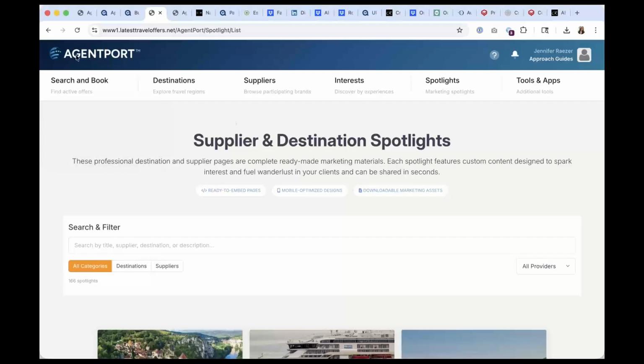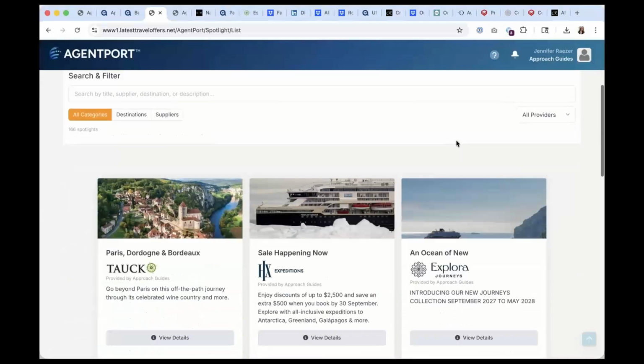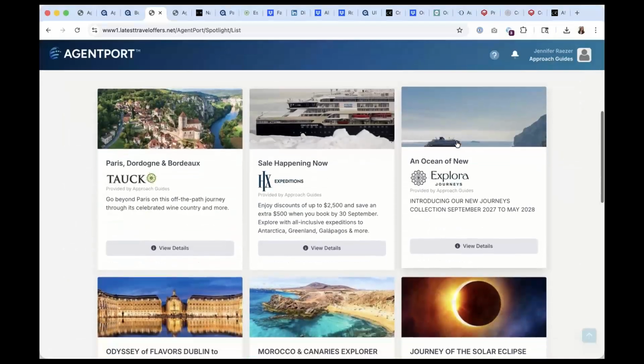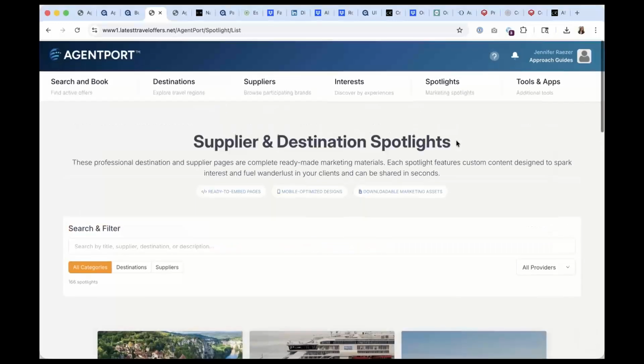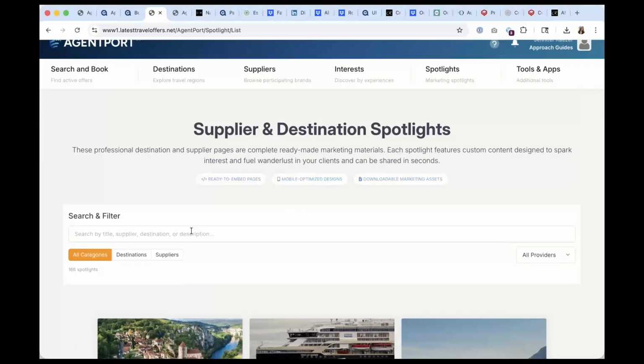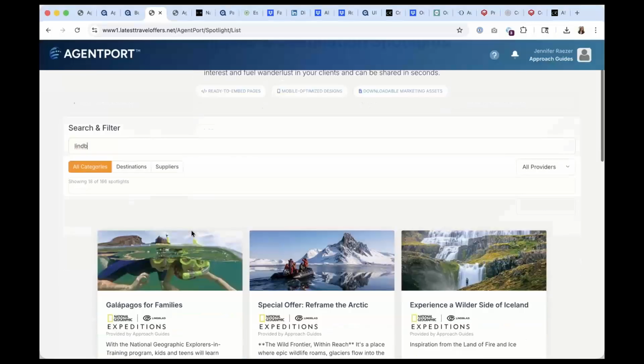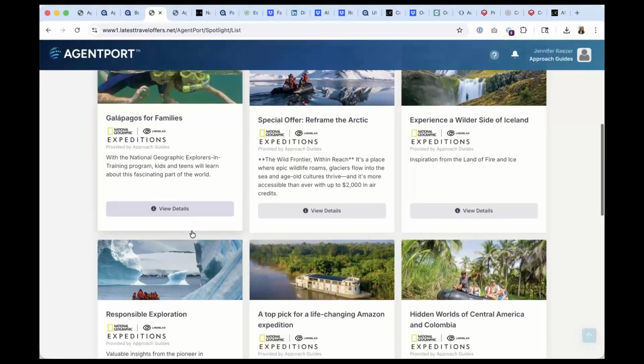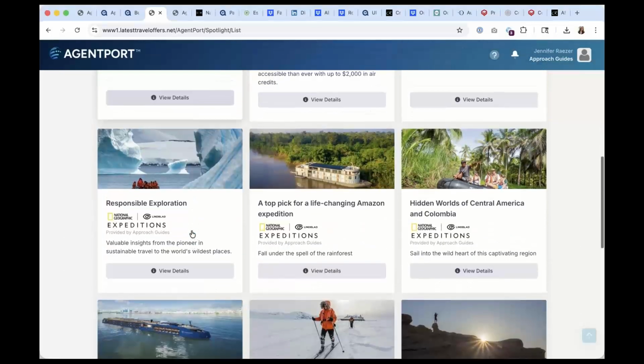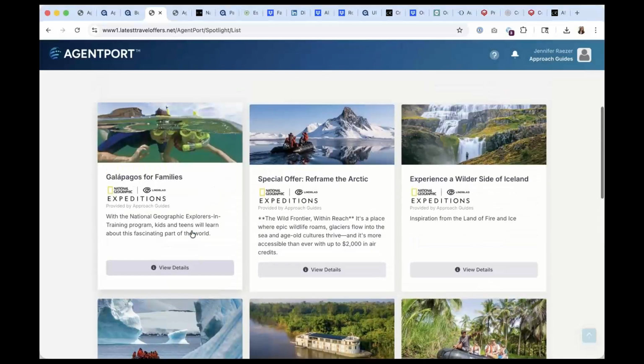So here we've just gone from the homepage of AgentPort right over here to Spotlights, Marketing Spotlights. And here you will see all of this great content from our supplier partners. And you can just even search for suppliers. I'm going to search for Lindblad. And here we have all of National Geographic Lindblad Expeditions content, so much great stuff that I want to send